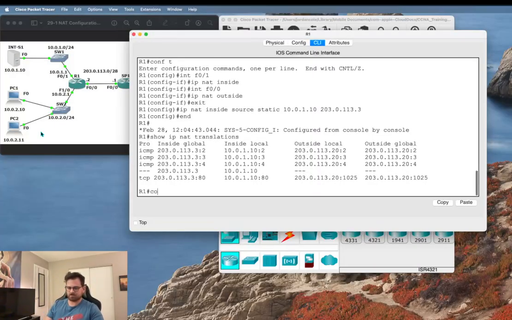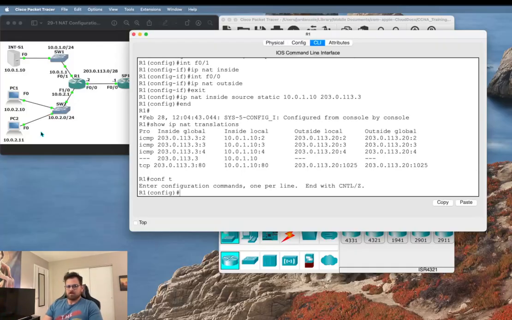So let's hop in the global configuration mode again. And then we are going to do this a little bit differently. For dynamic NAT, we are going to want to assign a pool of network address translation addresses. So we can use that with the IP NAT pool command. And then from here, you specify the range of addresses that you want to use for that pool. So we were assigned up to .12 in that 203.0.113 network. So we'll use the one after the .3 that we just used, so .4, all the way to